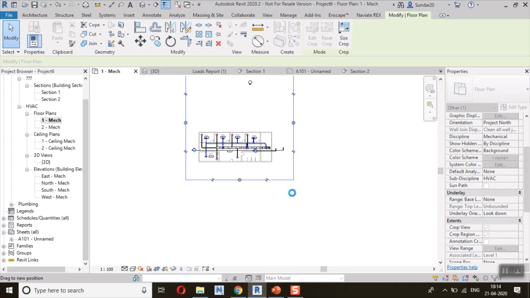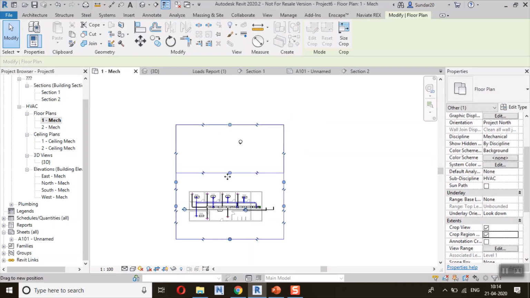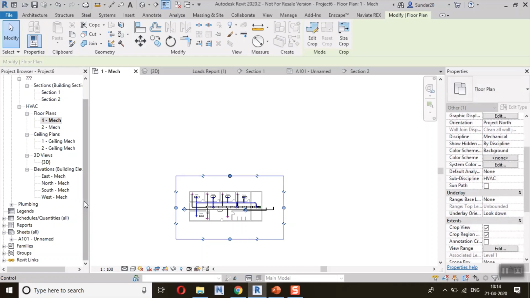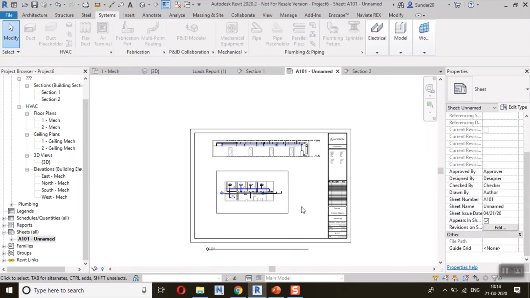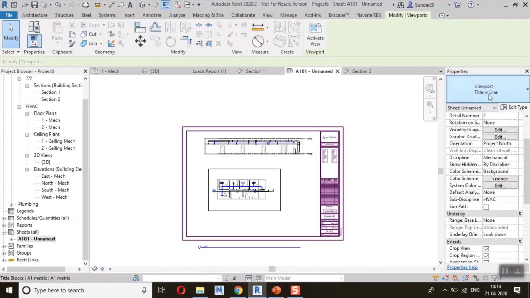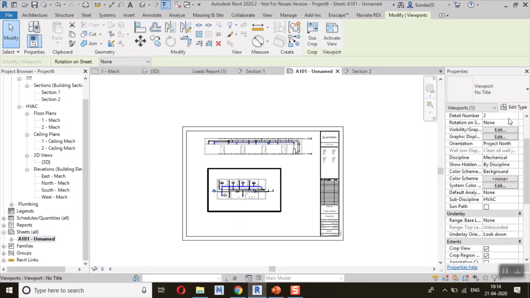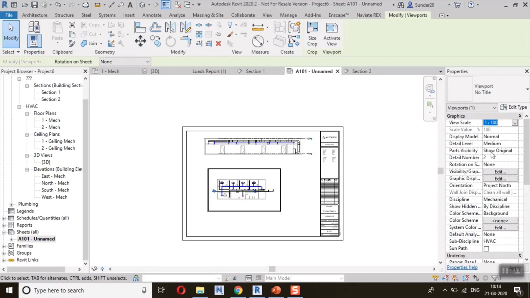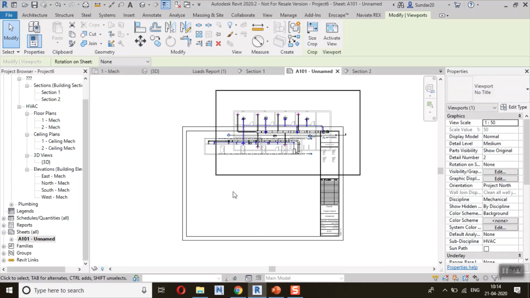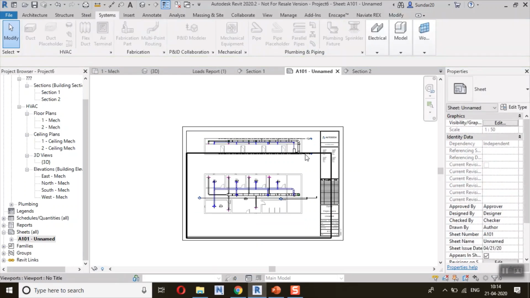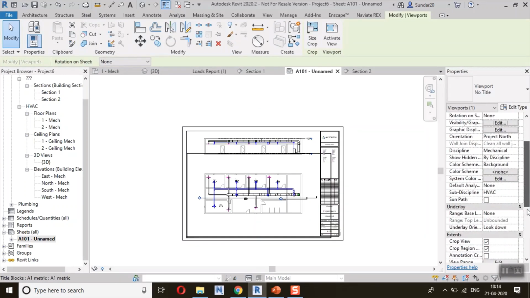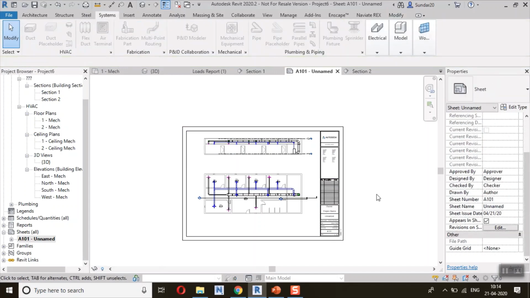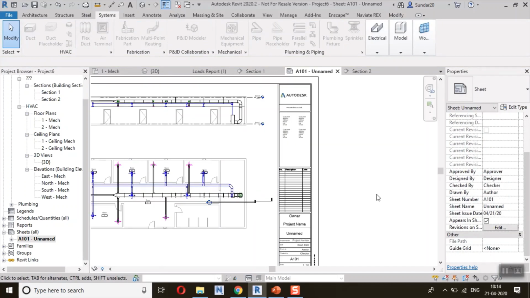Yeah. So go back to your sheet view. Okay, updated here. Same thing, select the title and no title, and just change your scale size, 1:50. And just disable the crop region. That's it. Okay guys, so this is the simple workflow for the HVAC part.